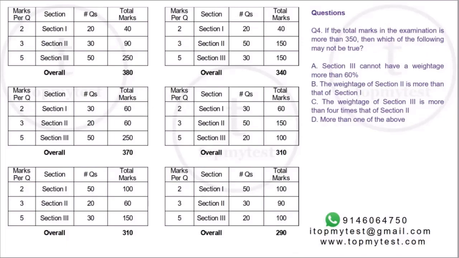And the last one, if the total number of marks in the examination is more than 350. So this one and this one. So the others are out. Okay. Which of the following may not be true? So I need to be very flexible. Even if there are two cases, in one statement it is true, in one it is false, I will say it may not be true. The only time I'll reject it is if in both cases the statement is true, only then I will pass the filter. I will say that okay, this statement is not possible as an answer.